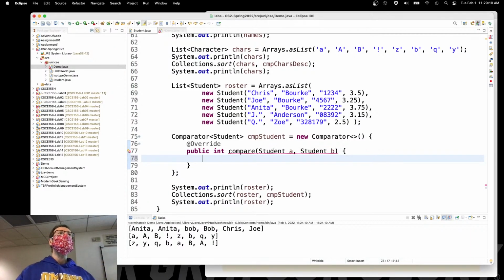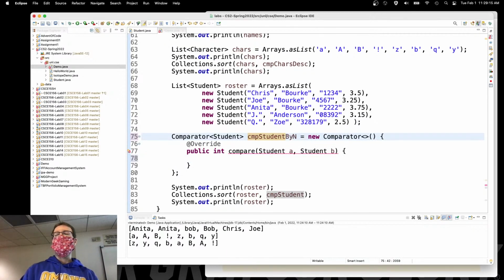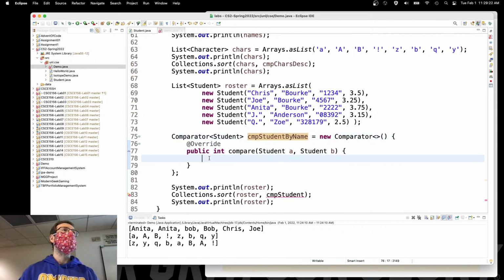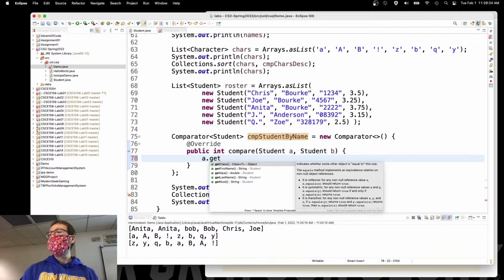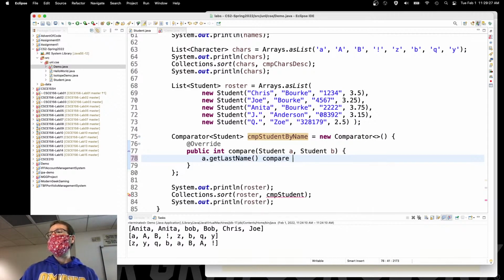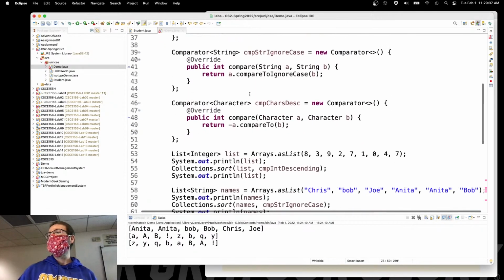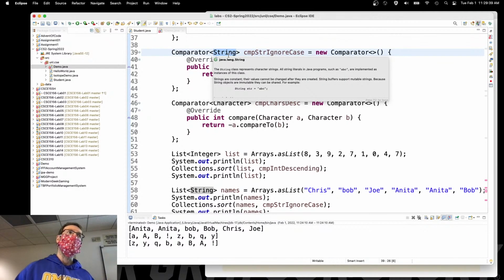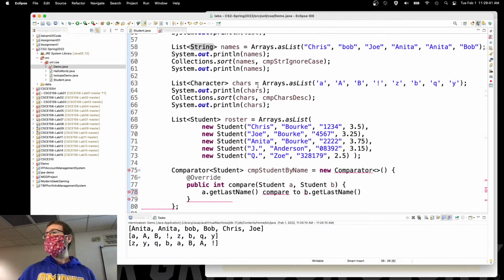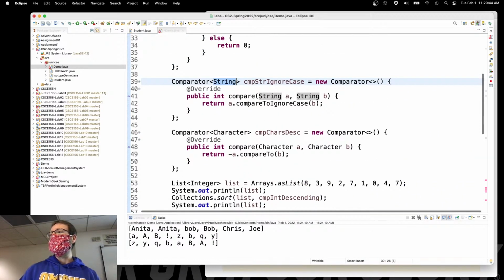So given A and B, what do I look at first? And by the way, this is going to be, like we said, by last name, then by first name, breaking ties. So what should I look for? A.getLastName, and I want to compare to B.getLastName. Well, guess what? Those are strings. And do we know how to order strings? Yep, either by using this comparator if you want to ignore case, or just simply compareTo. Remember what we did in there was we used